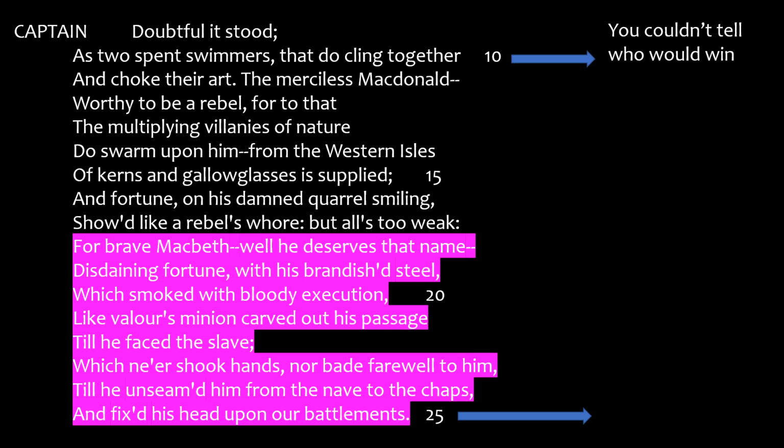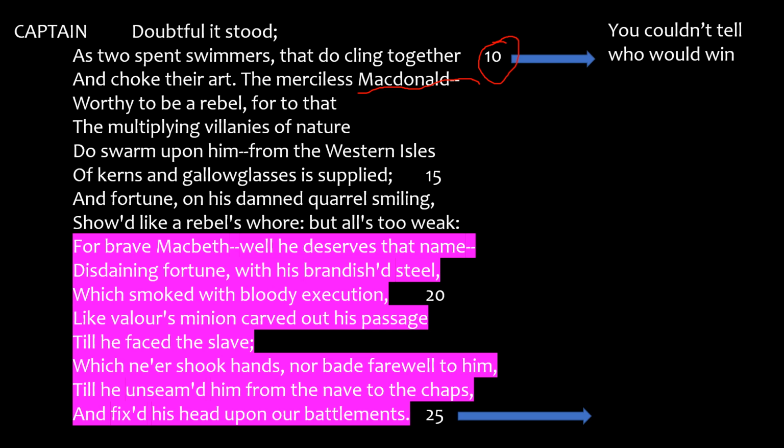So the captain almost compares it, uses that metaphor of two spent swimmers, like two tired swimmers clinging together. He talks about the merciless MacDonald there on line 11. Do have a look here how we've got these line numbers going on. So there's line 10, so line 11 here talks about MacDonald. He's the one they're fighting now, worthy to be a rebel, and he goes on to describe all the battle going on